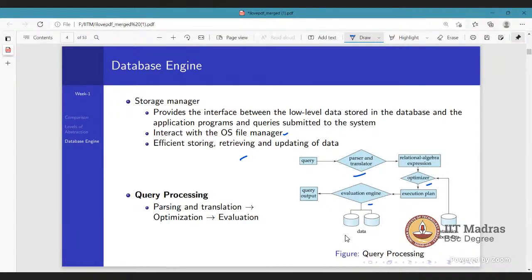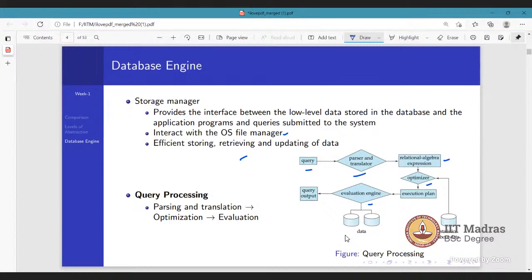Now, as you can see in the given figure, this diagram works like this: say, for example, we have a query. It can be of any language, and when we move it to the parser and translator, it will check for any syntactical error and translate that particular query into some relational algebra expression, right?